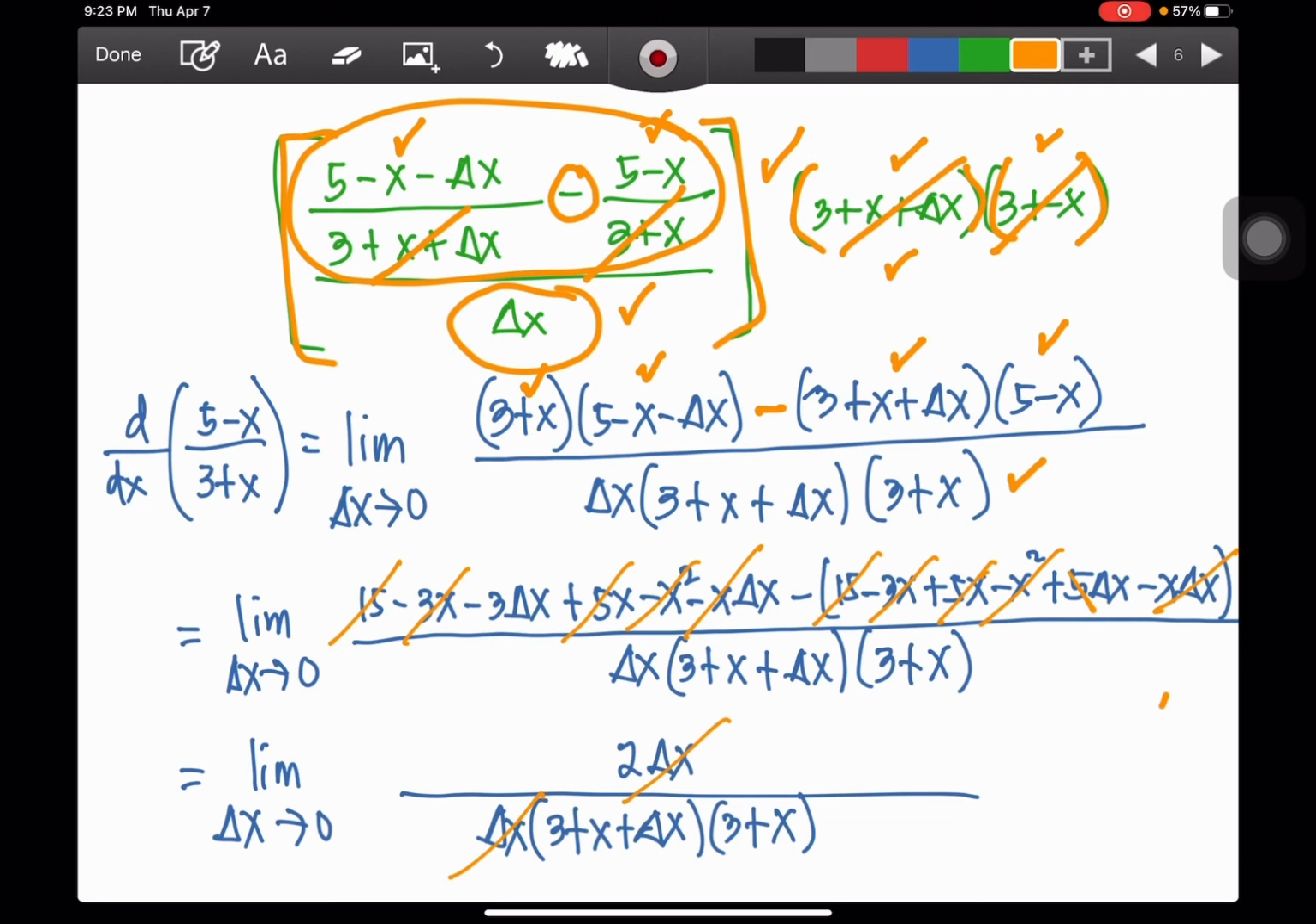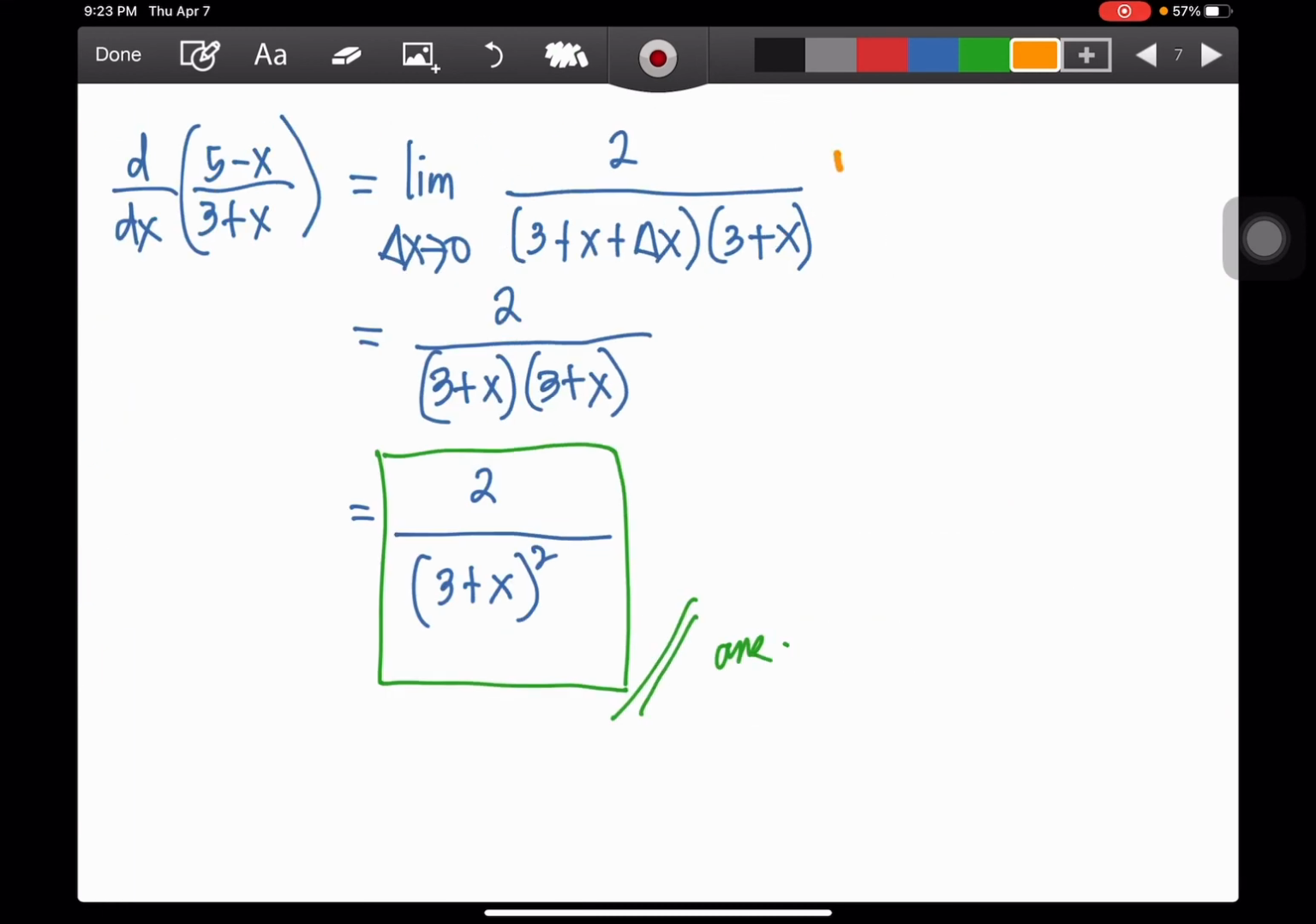In the next step, you see that I made some cancellations. This is because 3 times 5 is equal to 15, 3 times negative x is equal to negative 3x, and so on. That's algebra. After cancellation, you have a leftover of positive 5 delta x minus 3 delta x, so the result is 2 delta x. Delta x here can be cancelled with the delta x in the denominator, so that our leftover is the limit of 2 all over 3 plus x plus delta x times 3 plus x as delta x approaches